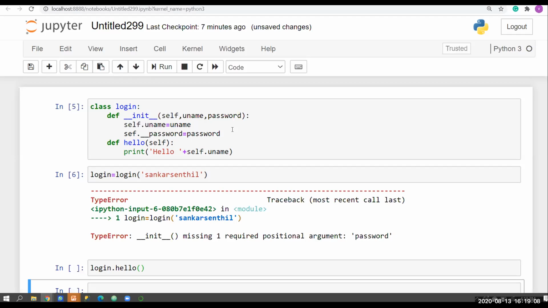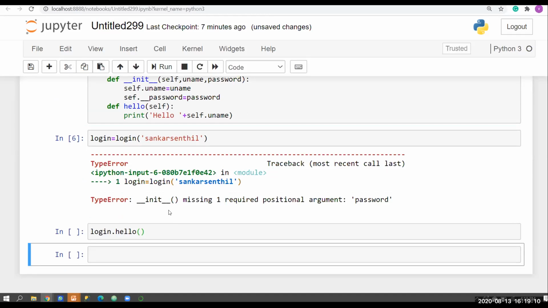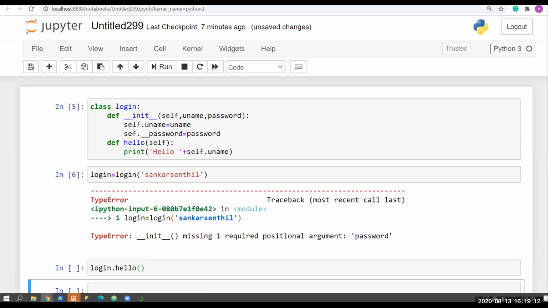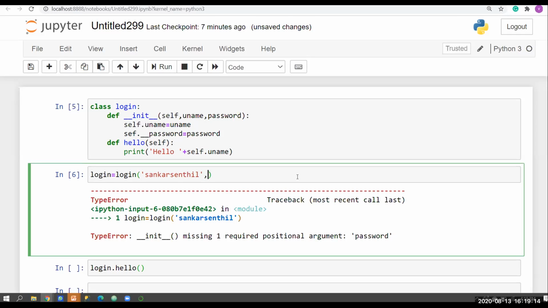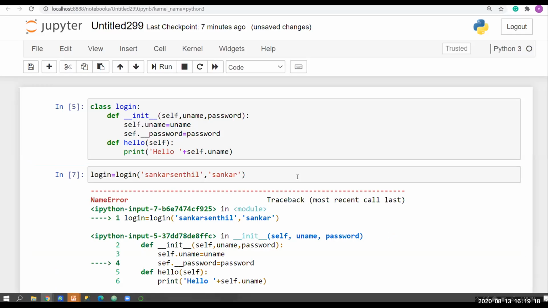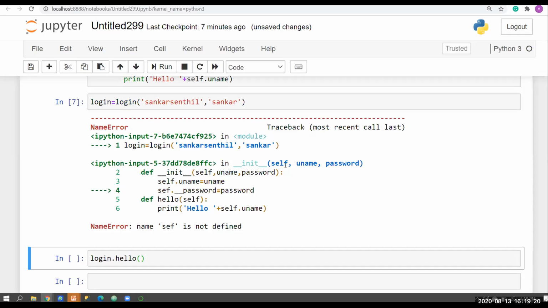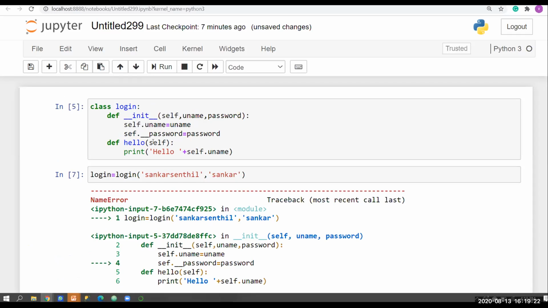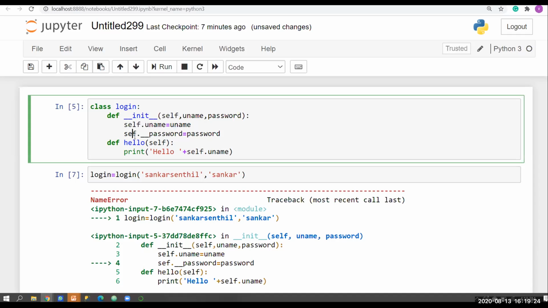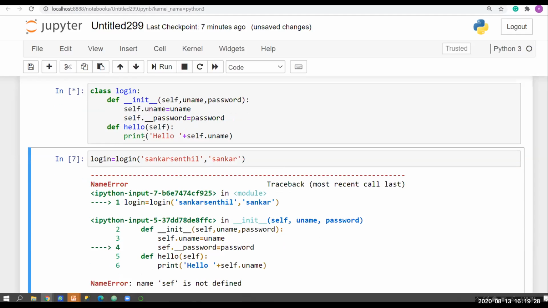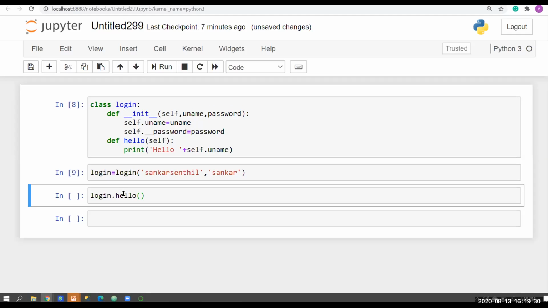I run this. It gives an error, missing one argument, because I need to give a password. So I give Shankar as my password. Still it gives an error, I had a mistake here with self.